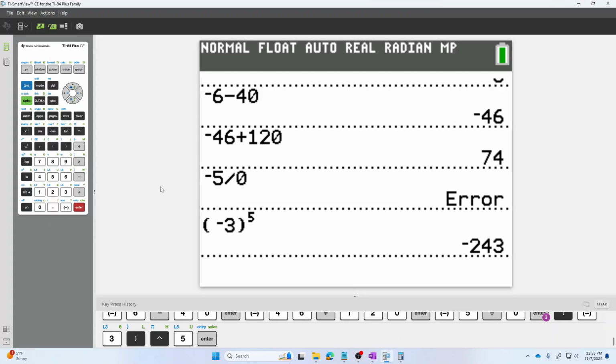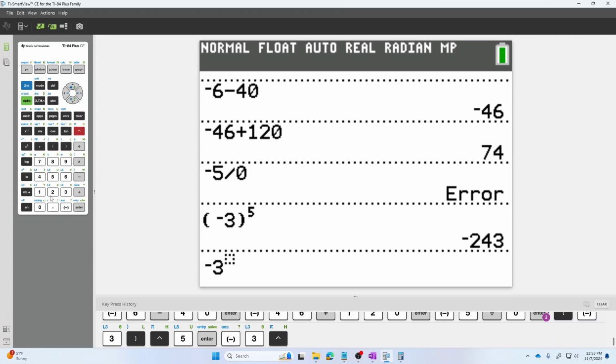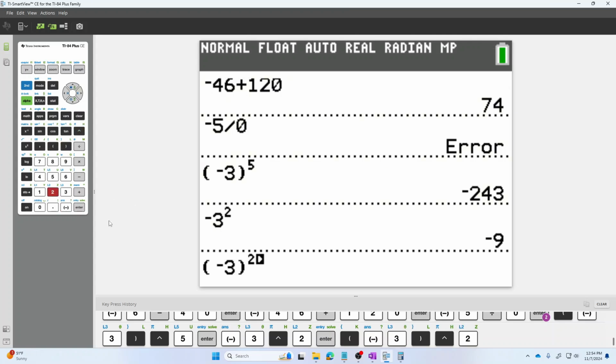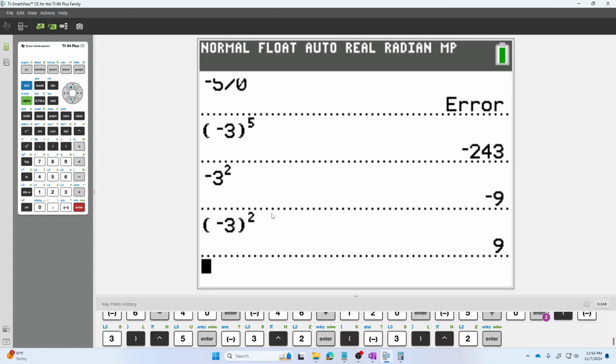In the calculator, if I try and type in negative 3 squared without parentheses, it's only going to apply the exponent to the 3, and so I'll be left with a single minus sign times 9. Versus if I do negative 3 to the power 2, but the negative 3 is in parentheses, then from that I am getting positive 9 because it's squaring both the 3 and the minus. So just be on the lookout for that.